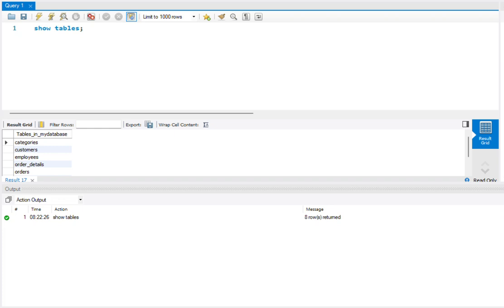Today we'll learn how we can use the AND operator in MySQL. The AND operator is used to filter records based on more than one condition. One thing you need to keep in mind for the AND operator to work is that all the conditions must be true. The where clause can contain one or many AND operators when you're trying to filter data in your